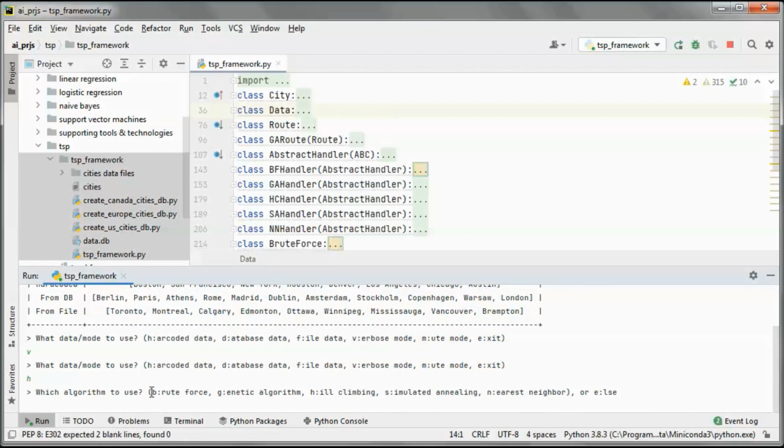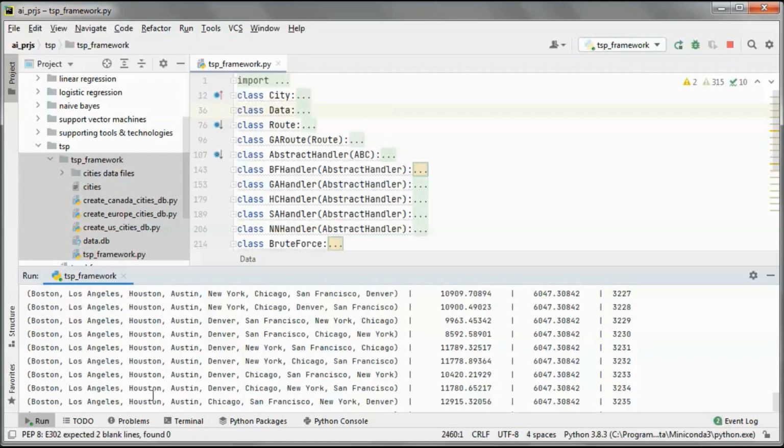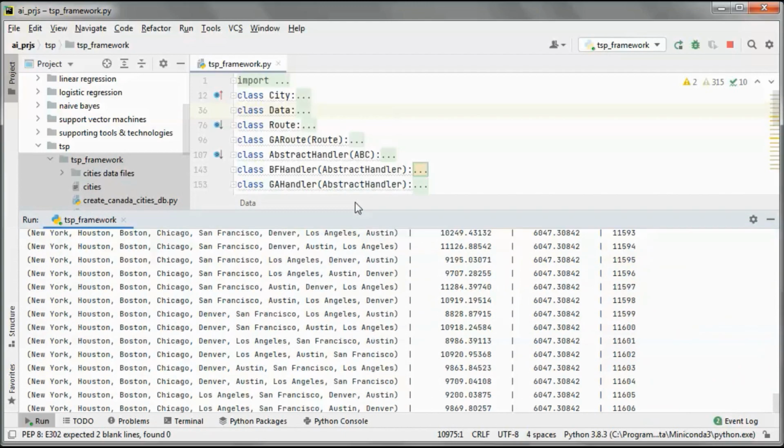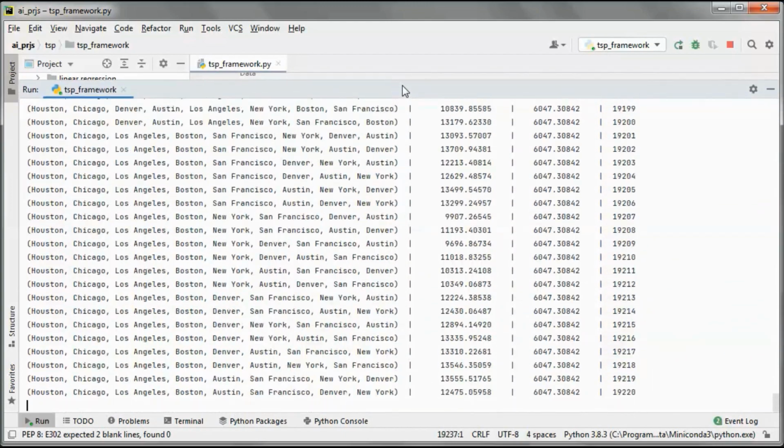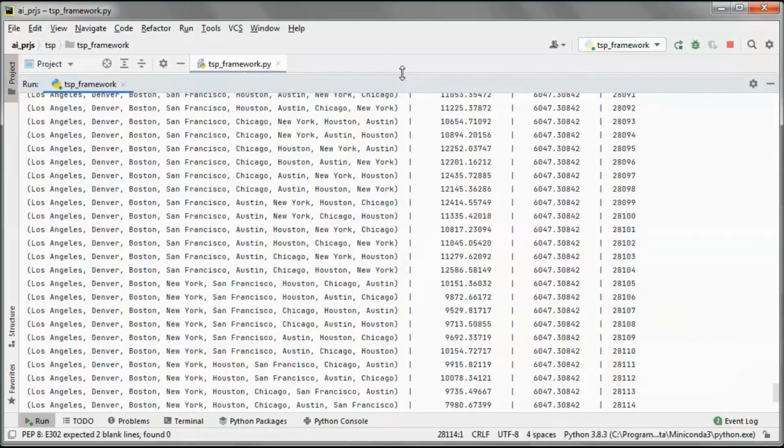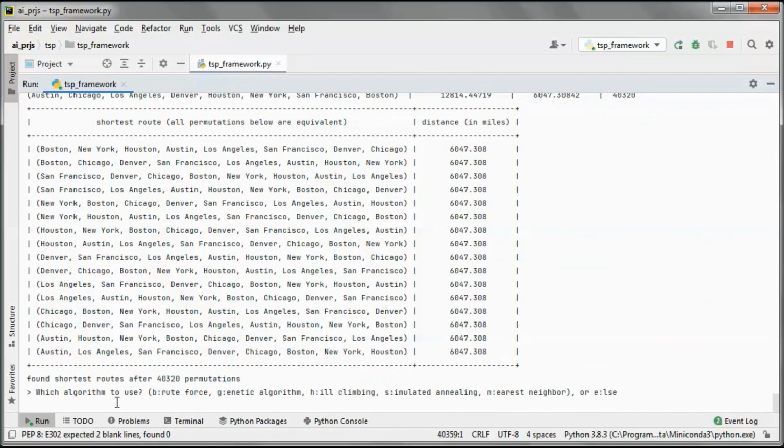So let's try finding the shortest route and maybe use brute force. And we have this number of permutations. So we have 8 cities in the route, so 8 factorial permutations.